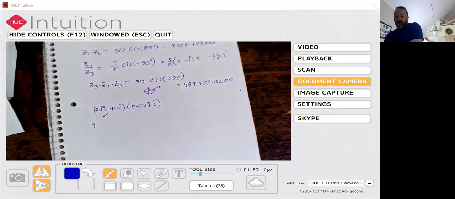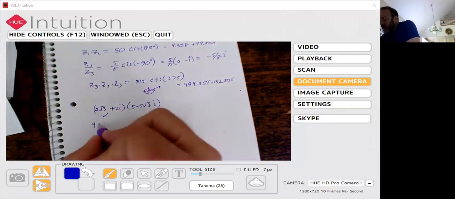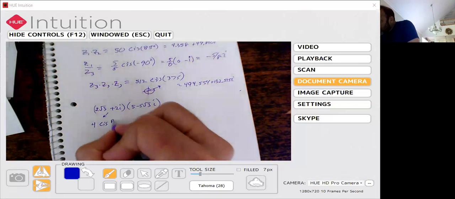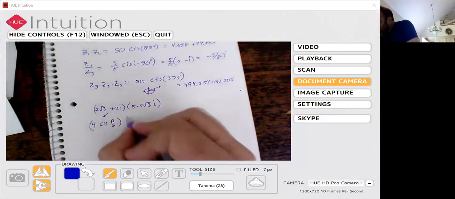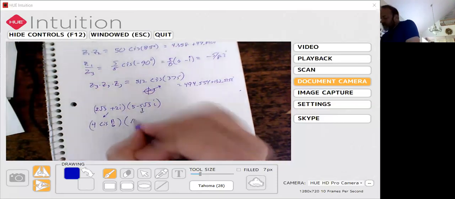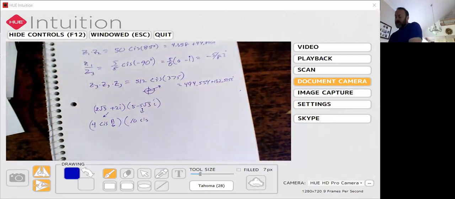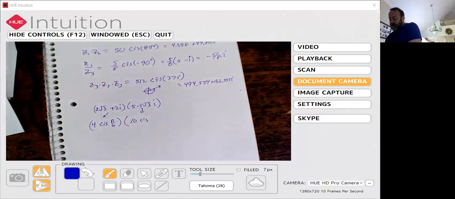That's radius of 4 or a modulus of 4. It creates a special right triangle to the right root 3 and up 1, 2 i. This one similarly has a radius of 10. And when you go to the right 5 and down 5